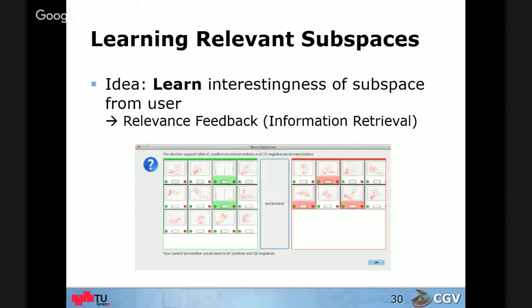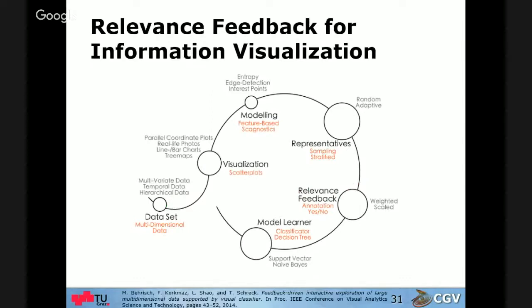So if we consider a large scatter plot data space, we have many hundreds, thousands, possibly tens of thousands of scatter plots. How can we support relevance feedback by allowing users to indicate relevant and irrelevant scatter plots? How many samples should we give? And then how can we implement relevance feedback? We modeled here a